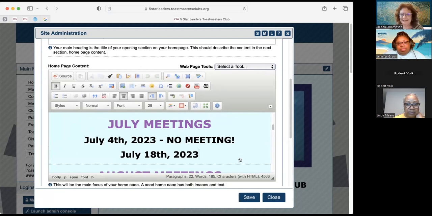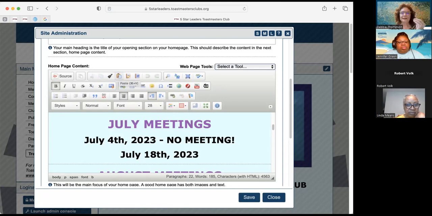It's too tiny. So what I wanted to show you is all of these edit tools above the home page. These are edit tools that can help you change fonts or change text colors or make something bold. I don't know if you all can see because this is very small, but if I put the cursor over the little icon, can you see that it's saying copy formatting?